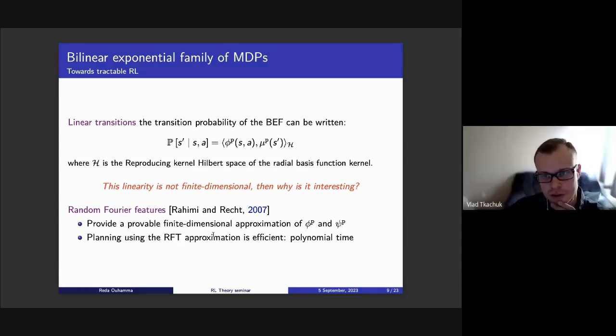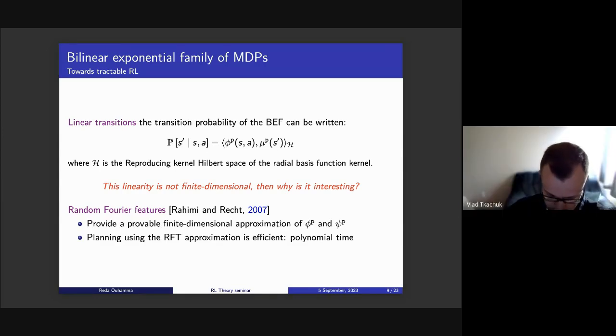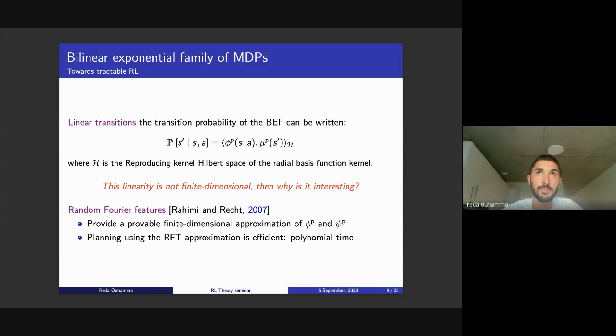Just a quick question about the last slide. Can you remind me, are linear MDPs also captured in this model? No, if you choose H to be... oh, I see. So here H must be the radial basis. I was going to say if H is the linear kernel, then this is literally a linear MDP, right? Yes, but